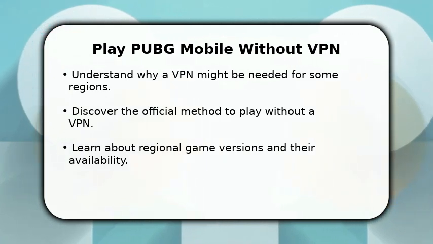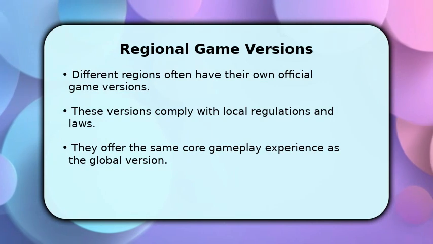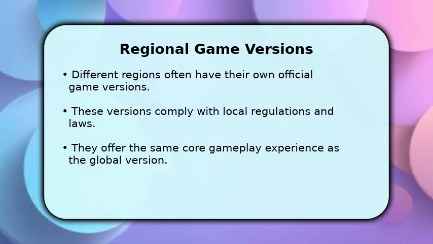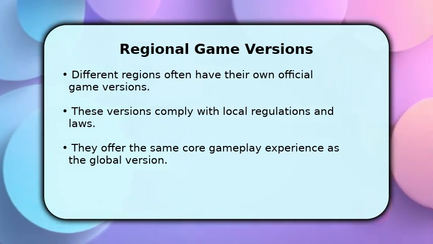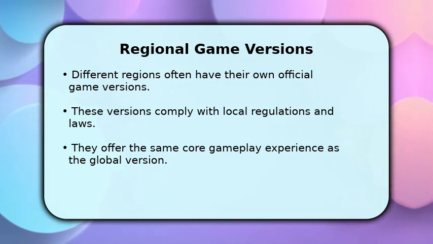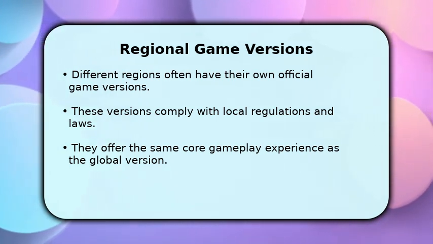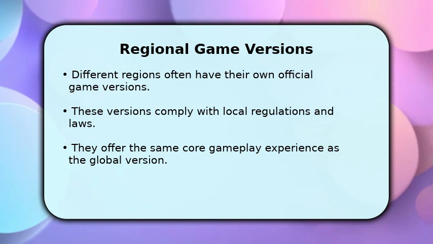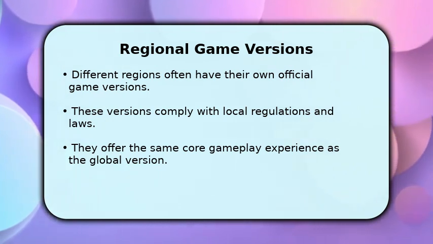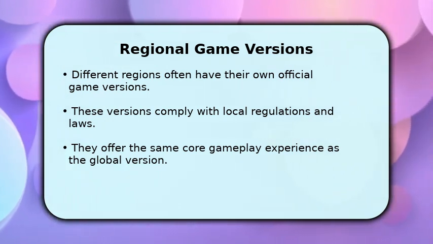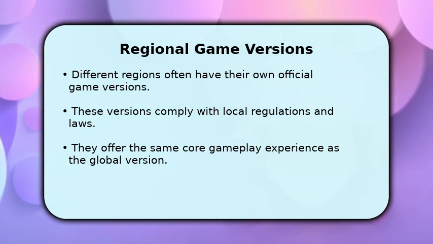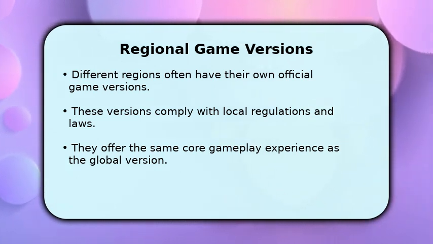enjoy seamless gameplay. The key to playing without a VPN lies in understanding regional game versions. For instance, countries like India have Battlegrounds Mobile India, while China has Game for Peace. These are officially sanctioned versions, specifically designed for those markets. They adhere to local guidelines, providing a legal and stable platform for millions of players to enjoy the game without